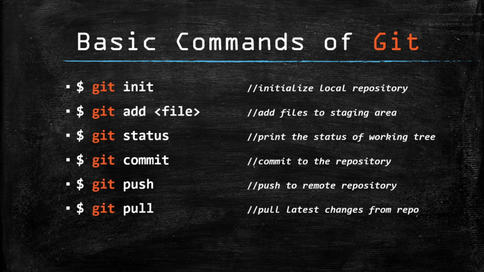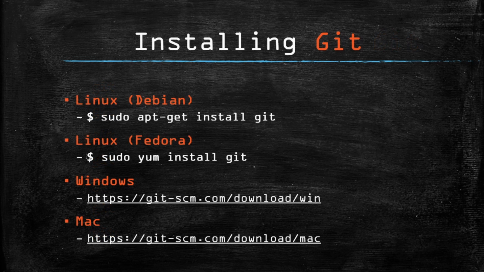The next command is git clone, and git clone will copy a remote repository into your current folder. So if you find a program or a project or a module that you liked on GitHub and you want to work on it on your local machine, you can simply clone it and download it on your machine. So the installation is pretty easy. So this was the complete explanation of what Git is and how it works.